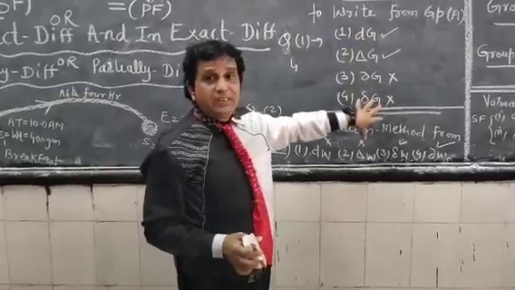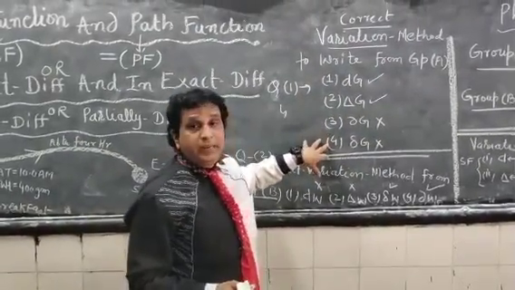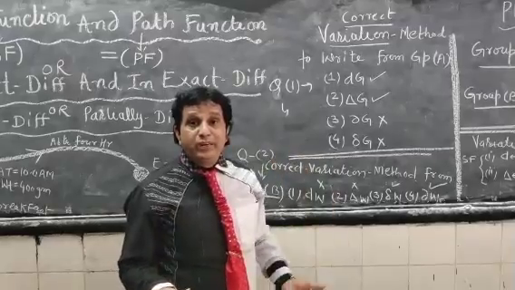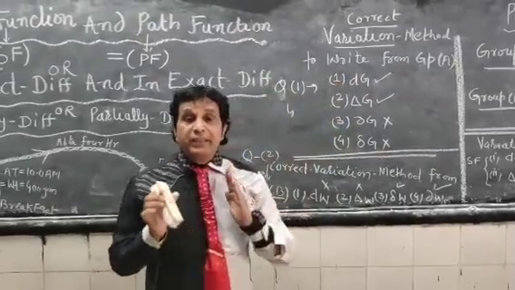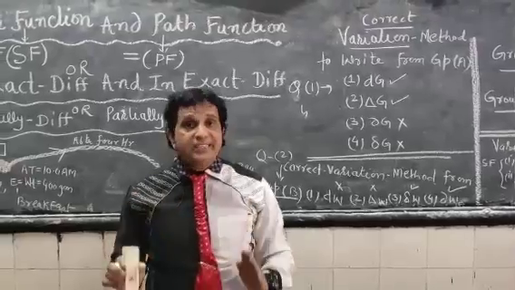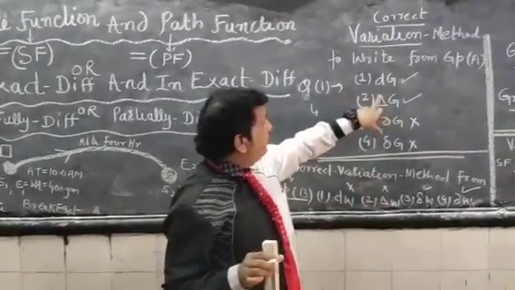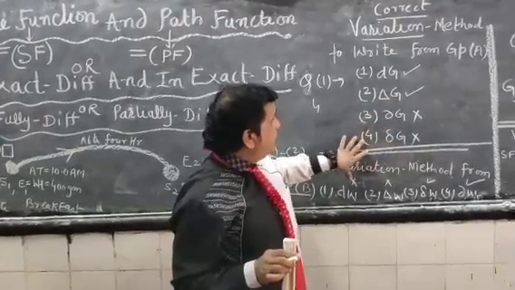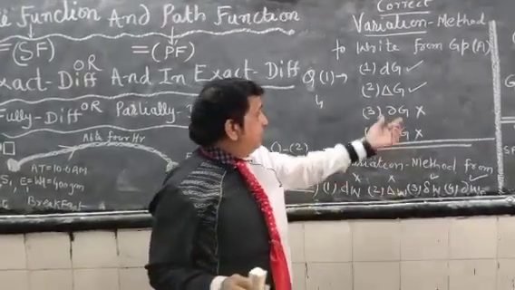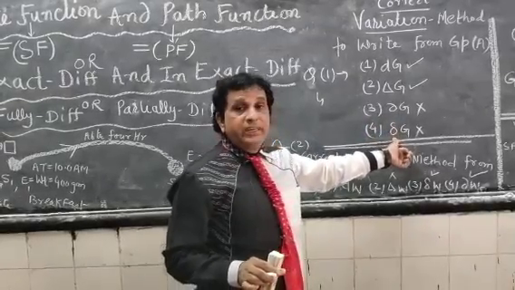Generally, students give wrong answers, or most of them put down correct and incorrect. But the exact answer the students must give is that dG will be incorrect, delta G will be correct, and the third and fourth are the correct answer. The fourth, delta G, will be the incorrect one.